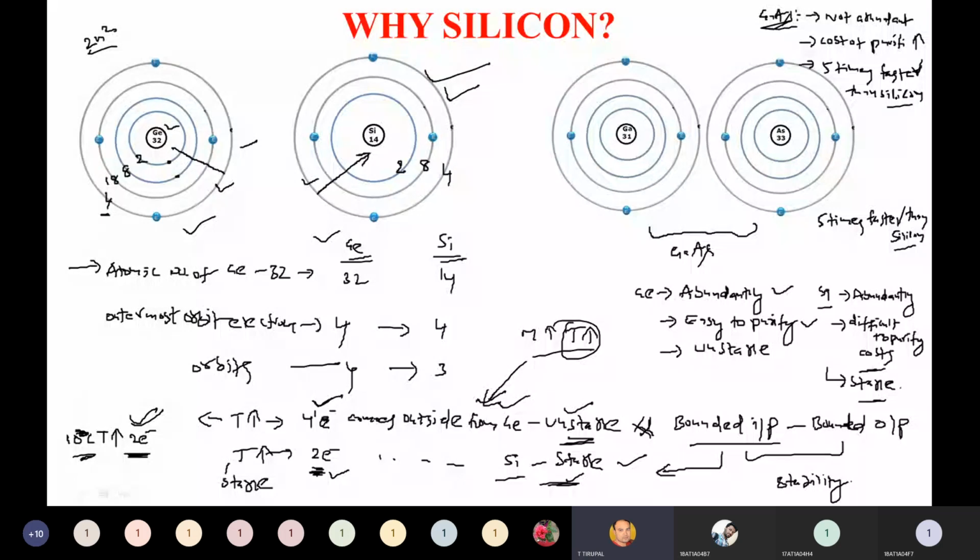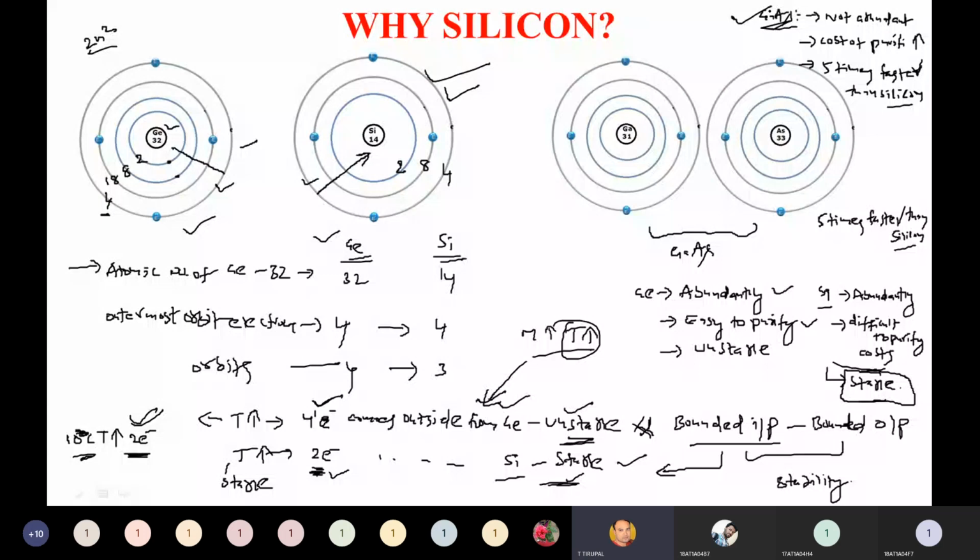Only for this reason, we are choosing silicon compared to germanium as a semiconductor in electronic devices. And the other material we are choosing is gallium arsenide. If it is not silicon, we are using gallium arsenide, if you want to go for faster devices, right? So this is the complete structure of germanium, silicon, and gallium arsenide.